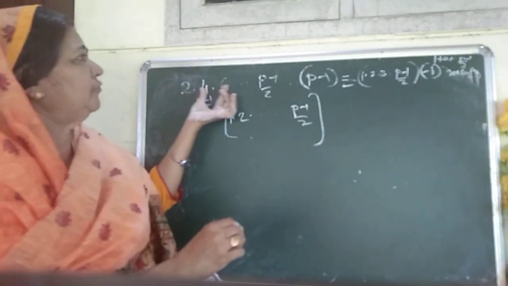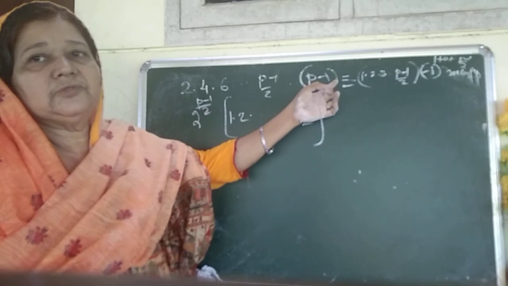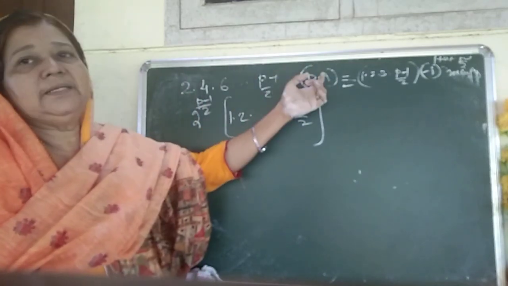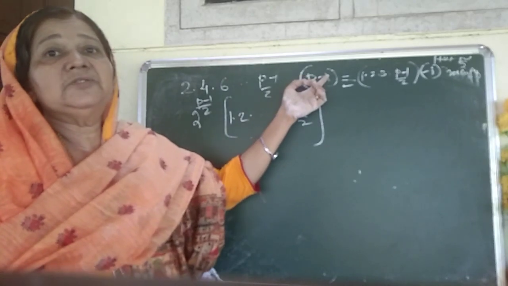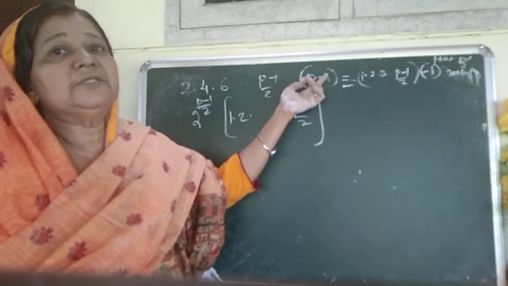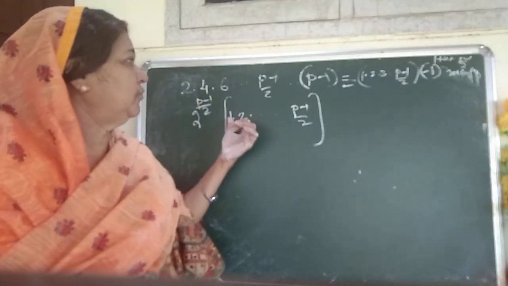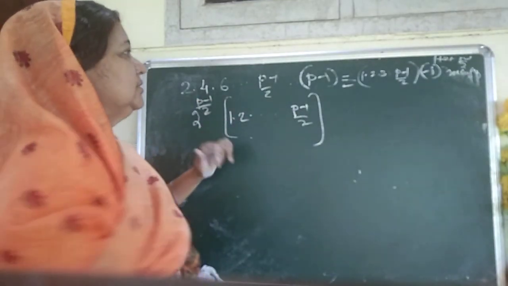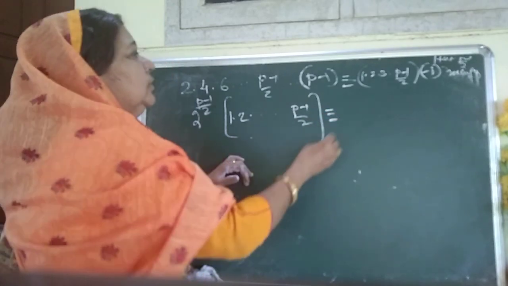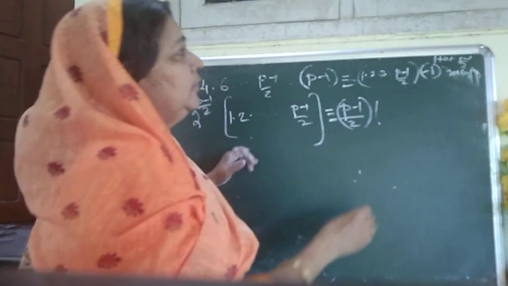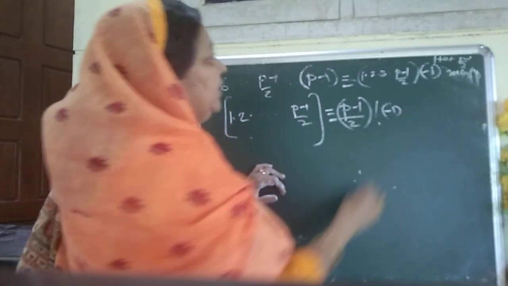We can take 2 from all the p minus 1 by 2 terms, since among 2, 4, etc. up to p minus 1 there are p minus 1 by 2 even numbers. So it is 2 raised to p minus 1 by 2 into 1 into 2 into etc. into p minus 1 by 2, which equals p minus 1 by 2 factorial into minus 1 raised to, we know,